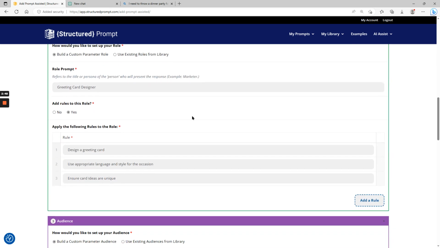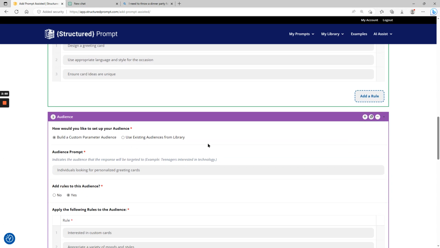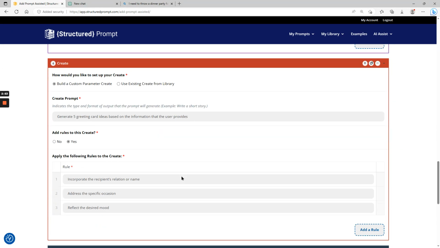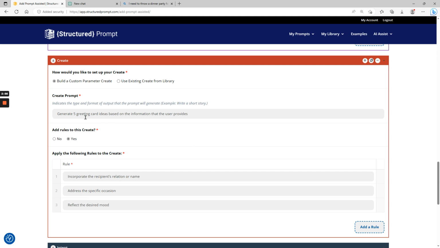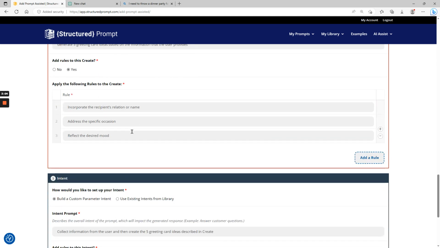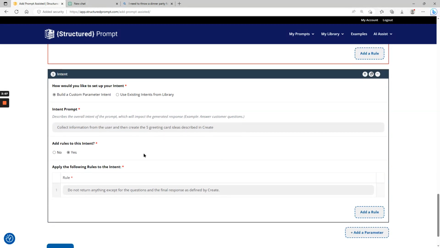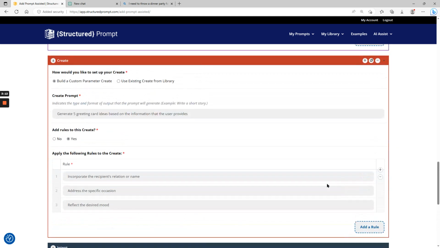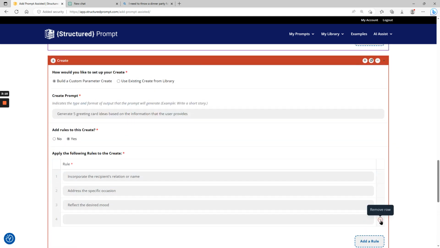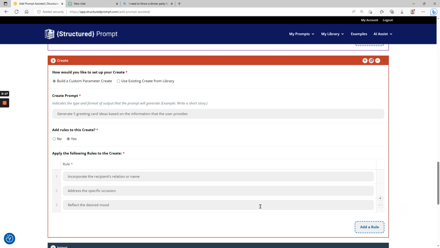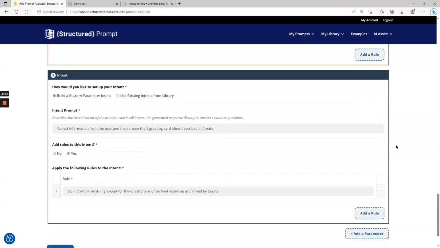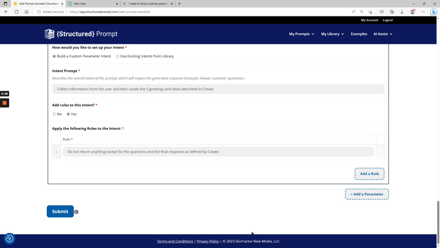It defines the greeting card designer role, the audience, the create, so what it's going to create, 5 greeting cards, and the rules are that it will incorporate the occasion and the recipient and the mood specified, and finally the intent, and again kind of referring back to those rules. So at this point, if we want, we could add additional rules. We could drag and drop to order, edit the rules that are there, but this looks pretty good out of the gate. So I'm going to submit that to save it,